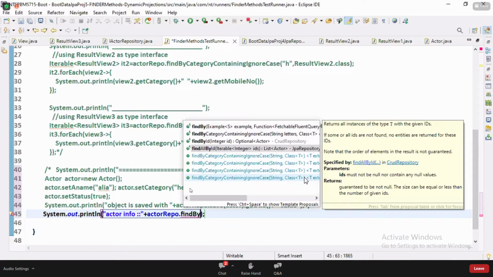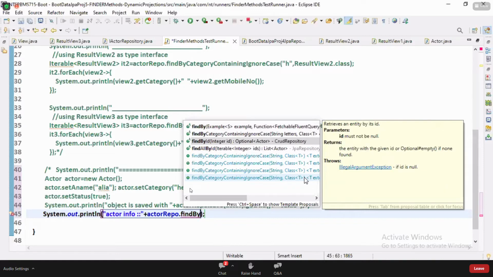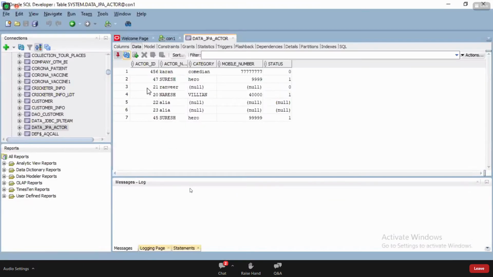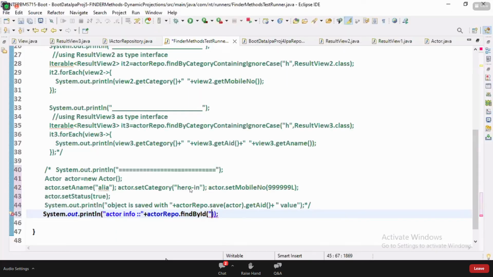Optional actor is coming, because we have not taken JPA repository. Okay, find by ID 24? Not 24. We will give another number where we really have that value. Mobile number is really there: 456. Understanding my statement?